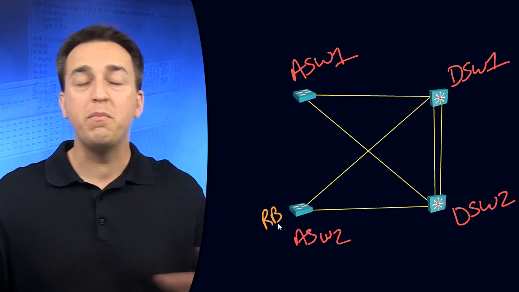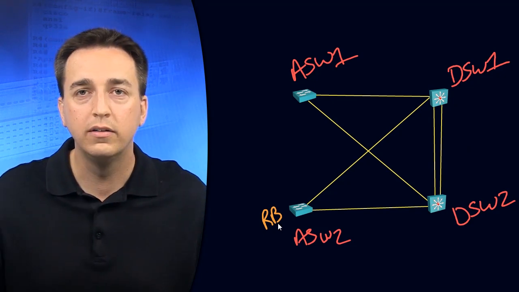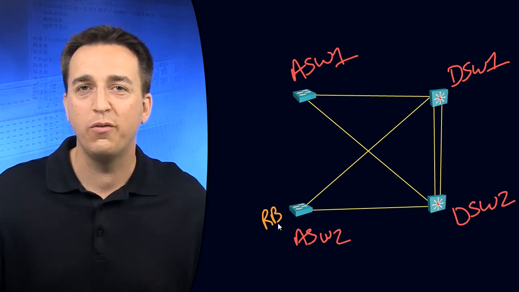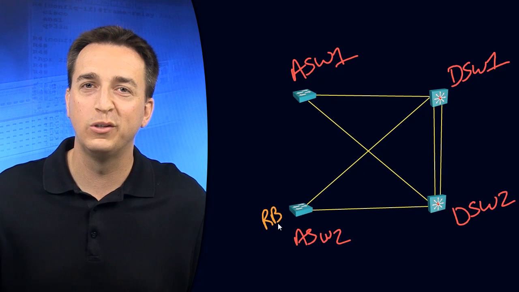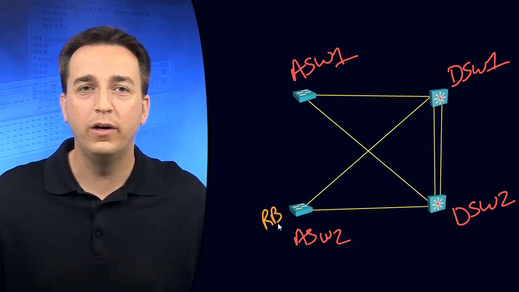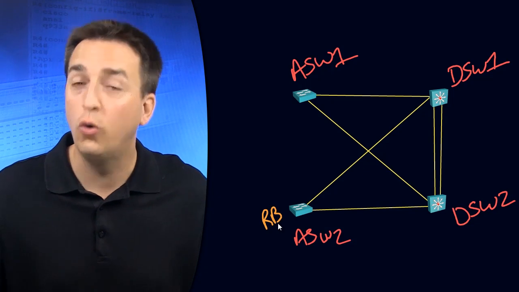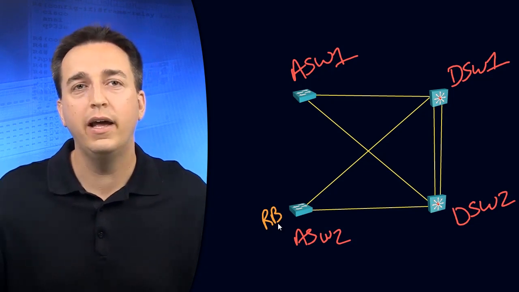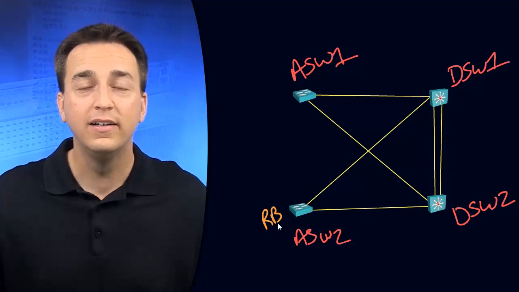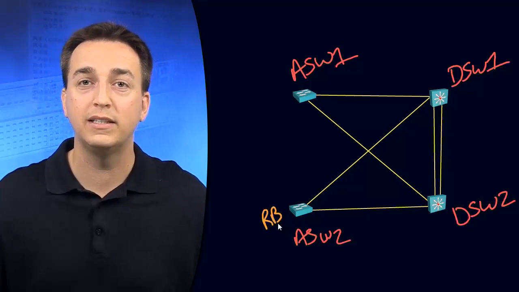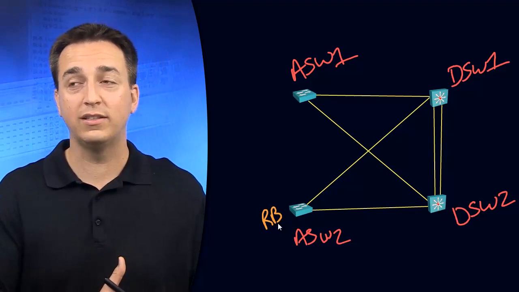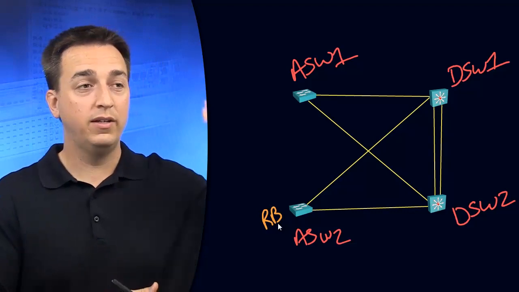And remember, we haven't modified any values at all. Therefore, an access layer switch is our root bridge. Not the most optimal place for the root bridge, but it is. Why? Well, ASW2 is a much older switch than the other three. And since it's an older switch than the other three, it would have a lower MAC address, because as Cisco applies MAC addresses to their switches, they look at their pool of MAC addresses and they simply grab the next one in line,